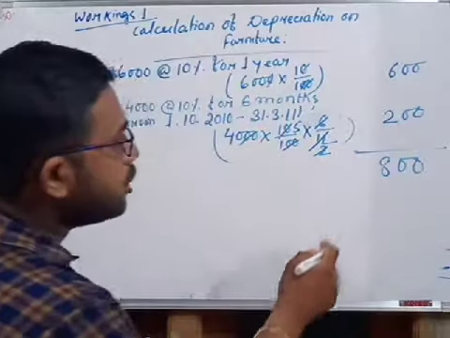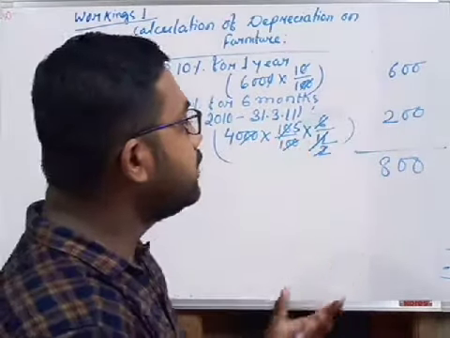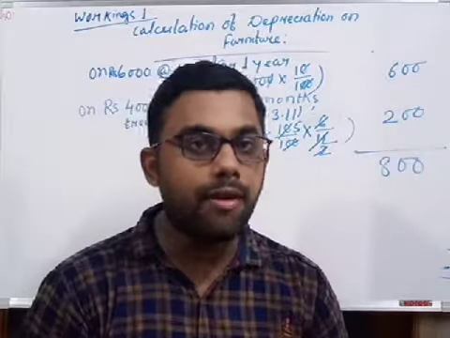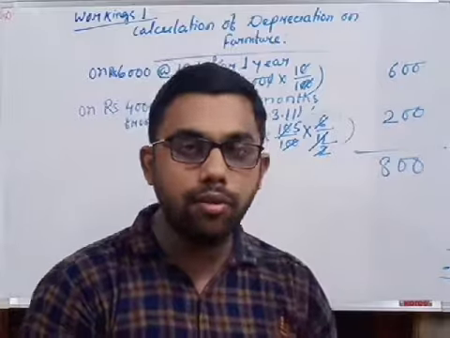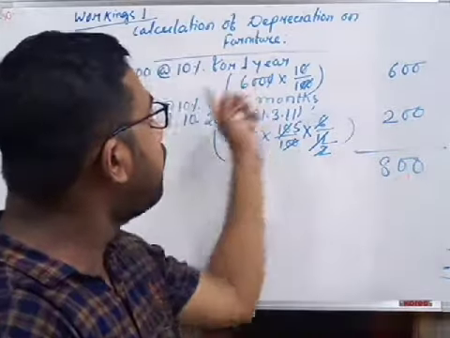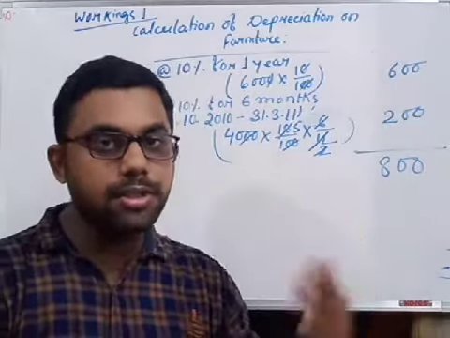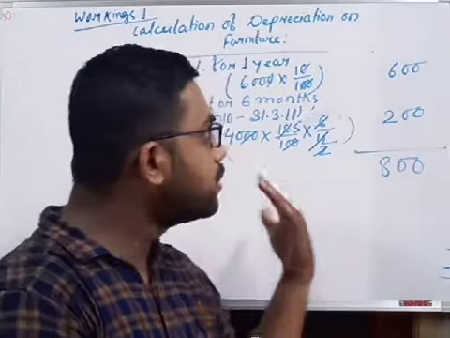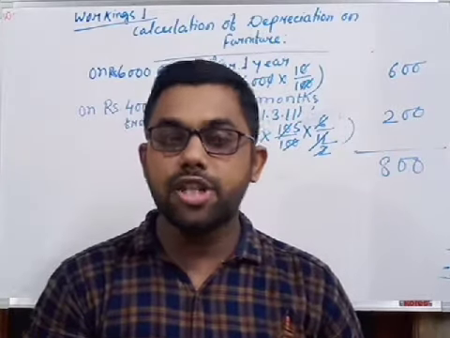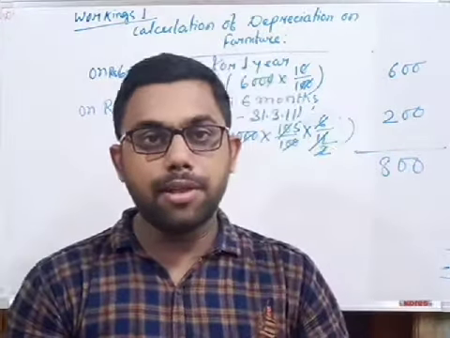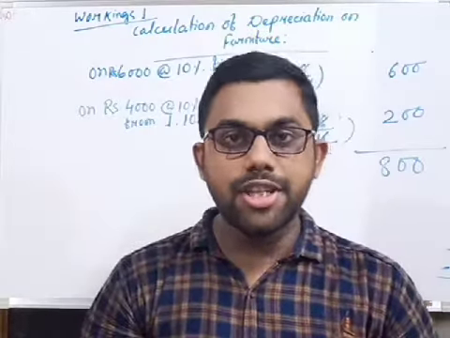So in the income and expenditure account, if you show these workings, then just simply write depreciation on furniture 800, and when they check the question, they will find the 800 is coming from those workings. Okay, so this is the process of our question, how we should solve an income and expenditure account. And in our next class we will solve some other questions from income and expenditure account. And till then, stay safe and